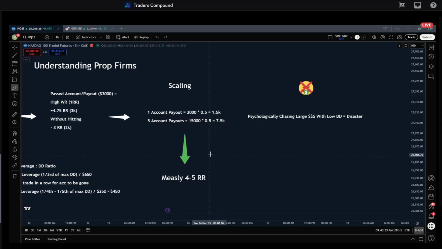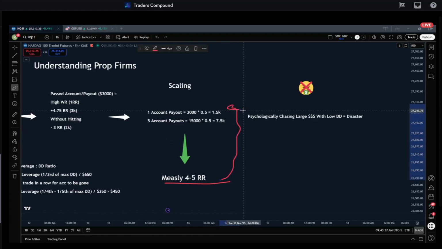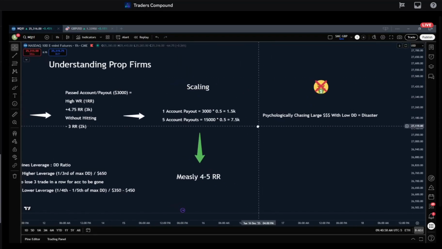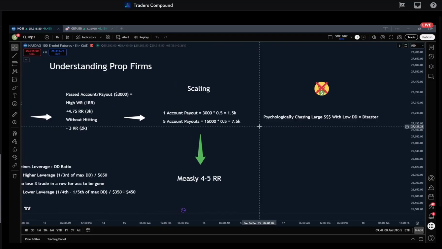So when we're looking at risk to reward returns, a lot of us are thinking in terms of trading one account only, and then the psychological number of chasing large capital on this one account completely messes us up. We don't even care about one account. One prop firm account won't change your life. No pressure on one account. It's not going to make or break what your outcome as a trader is going to look like, because it's really insignificant.